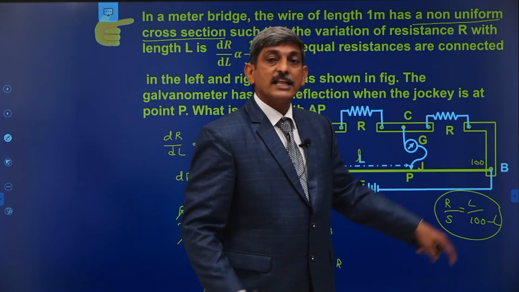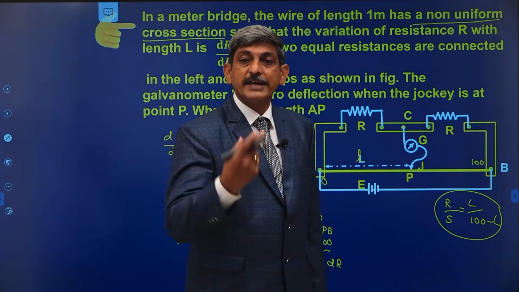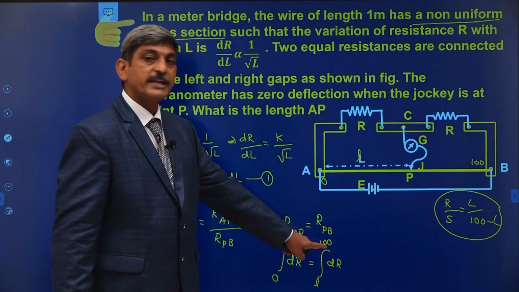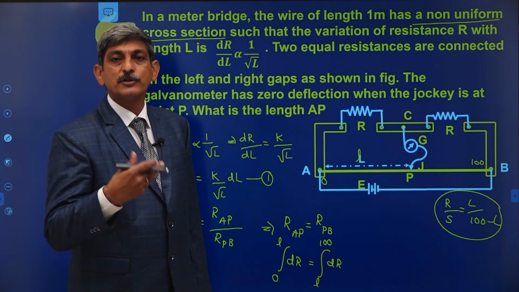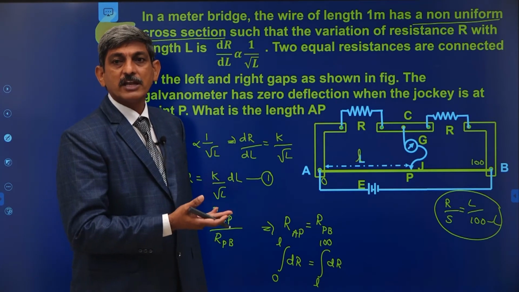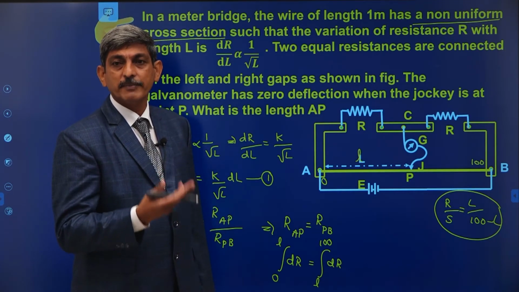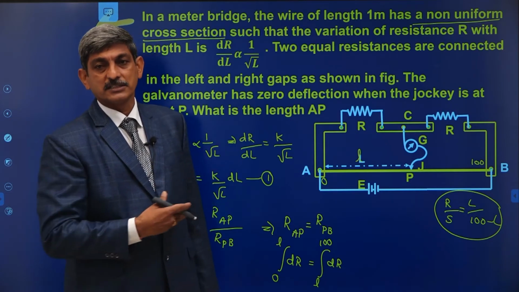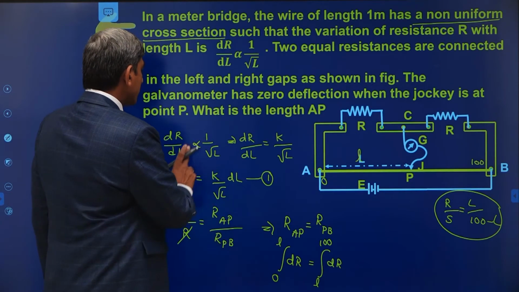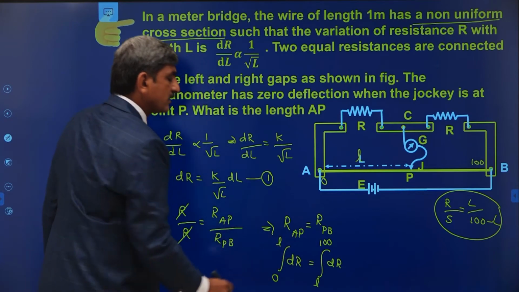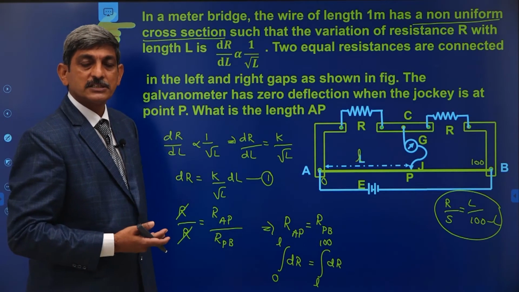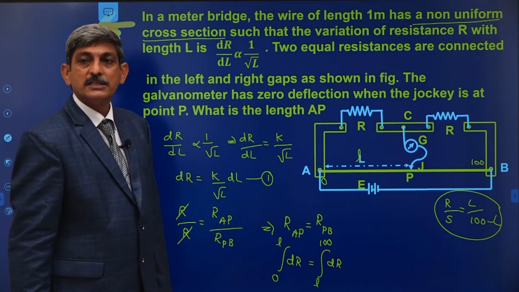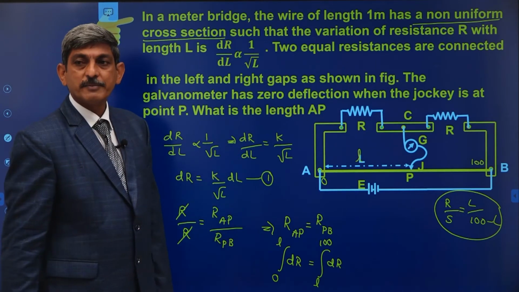If we take the length of the wire in meters, we have to substitute this limit as 1 and you will get the answer in meters. It is up to your choice. You may take the length values either in centimeters or in meters. It reflects in your answer. Now, by substituting this dr value in this equation and applying the proper limits of integration, we can obtain the balancing length of the meter bridge wire.